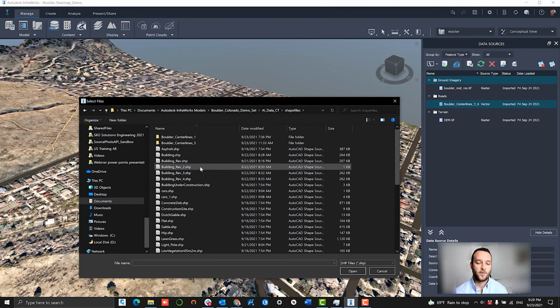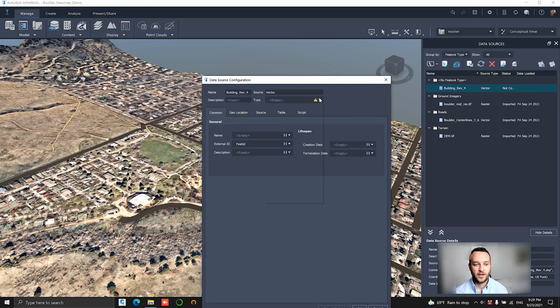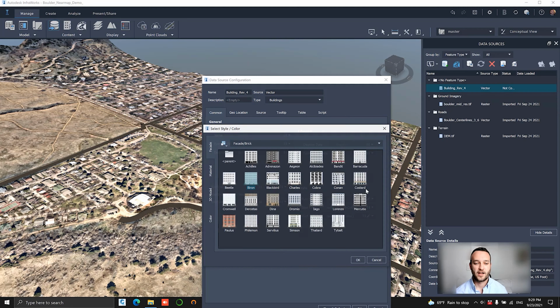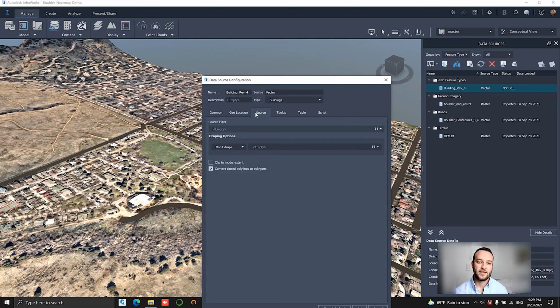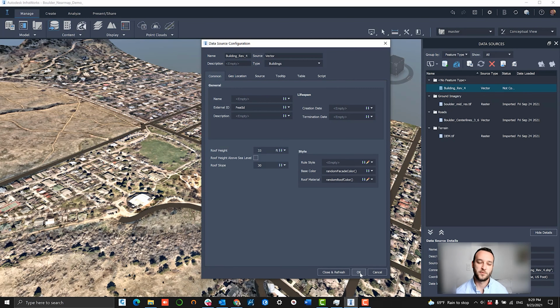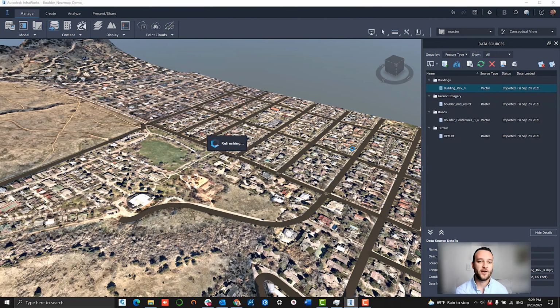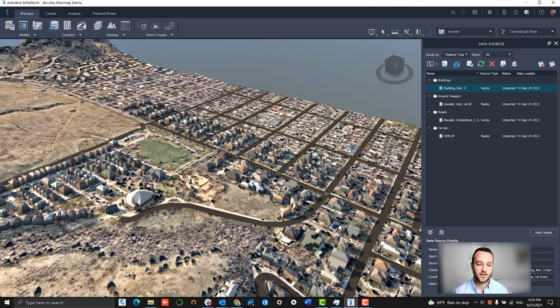So we're going to select our building layer next, our 3D buildings. So selecting that shapefile, we're then going to configure that vector file that we've loaded. And we're going to select the InfraWorks building object type. We're going to have a little bit of option input here for heights of building, extrusion, different style options. We're going to go with a random colorization option. Something to remember, these buildings can actually get highly accurate if we pair it with our other 3D types, such as our digital surface model, which will very accurately define roof heights. But for now, for this use case, we're just going to simply do extrusions, and that'll be good enough for us in this instance.